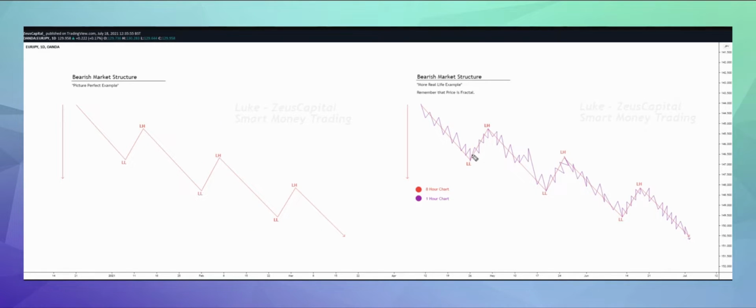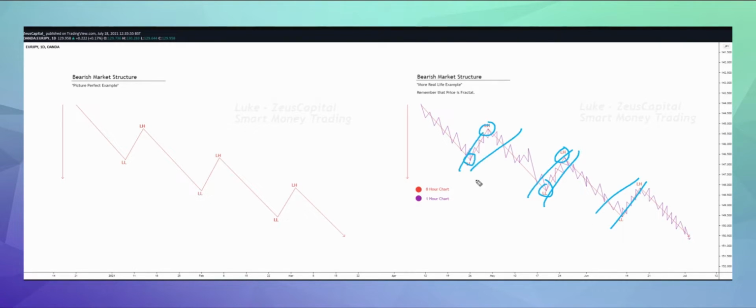So what we see here is a lower low followed by, it's dead thick again, I do apologize guys. So what we see here is a lower low followed by a lower high, followed by a lower low, followed by a lower high, right? And you see this pullback and what seems to be creating a lower high, then broken structure, creating a new lower high, which a lot of people will think that we are seeing higher highs, but in reality we know that this is just a complex pullback. Okay,